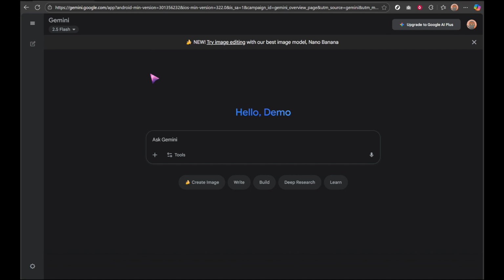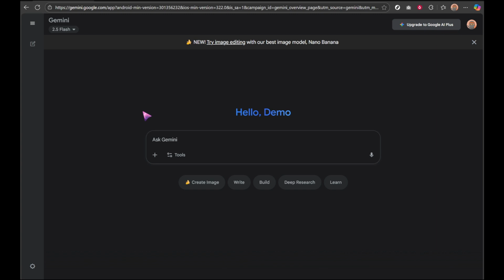First, you're going to need to head over to Google Gemini. Open your web browser and type in the URL for Google Gemini. This platform is where you'll start your journey in colorizing images. Once you're there, you'll see an interface designed to handle various tasks, including our main task today, using Nano Banana